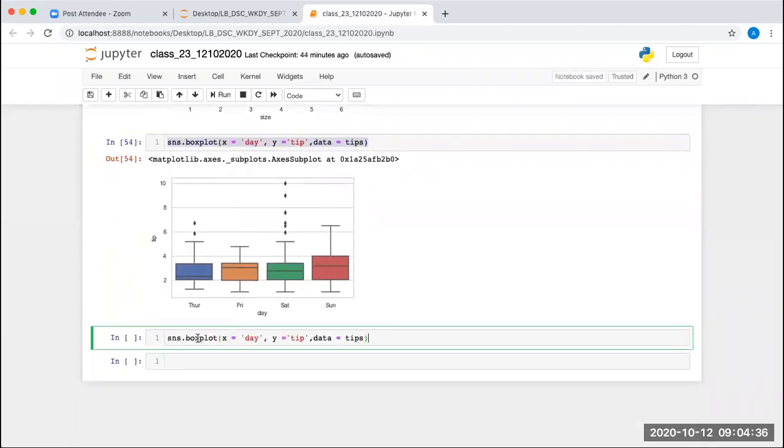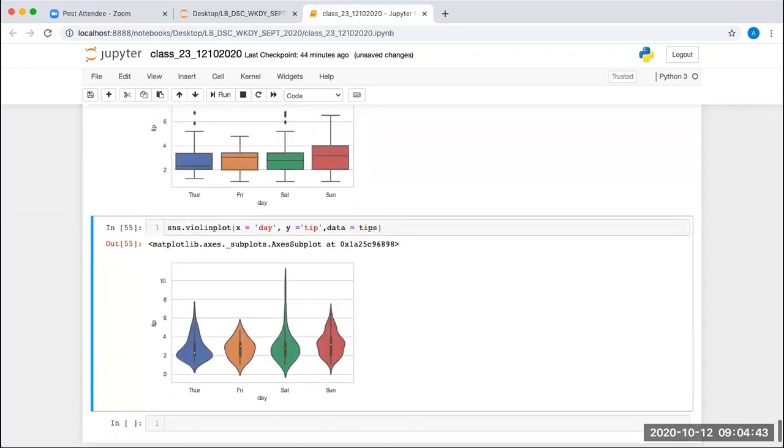So we can use violin here, and data we will use this. Now if you execute this, here also we have the mean value. This is the 75th percentile, this is the 25th percentile, and the distribution you can see here, the thickness of this, tells you how the data is distributed and what the amount of people giving the tip on Thursday is.